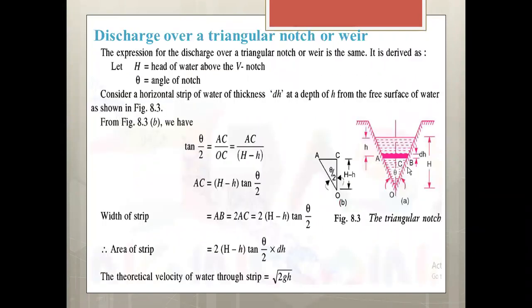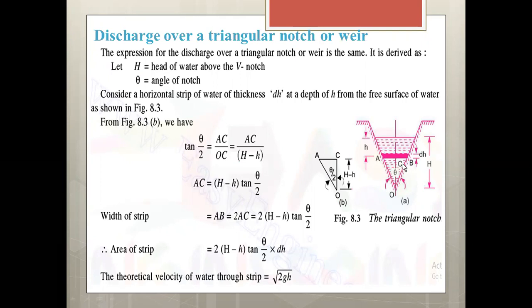Today's my video lecture on discharge over a triangular notch or triangular weir. The expression for the discharge over a triangular notch or weir is same and it is derived as: let H is the head of water above the V notch and theta is the angle of notch. Consider a horizontal strip of water of thickness dh at a depth of h from the free surface of water